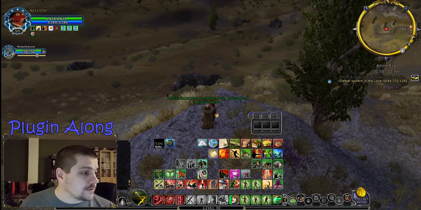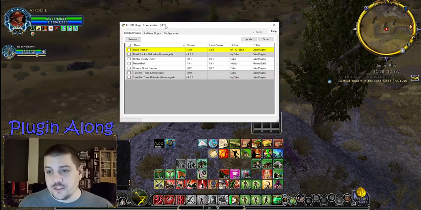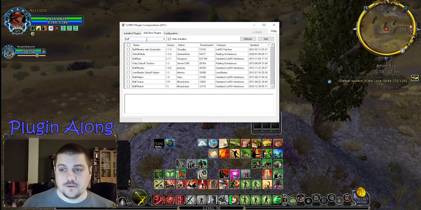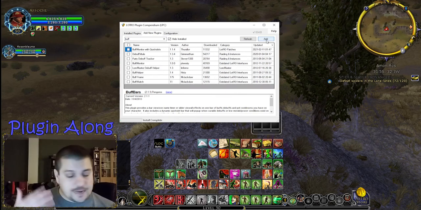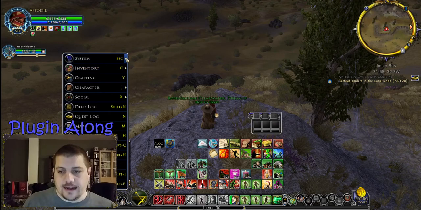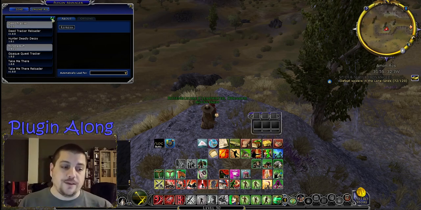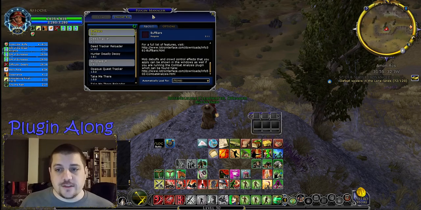So, as we so often do, let's go ahead and pull up the plugin compendium. This is an optional program you can install on your computer, and with it you can go and add new plugins. So BuffBars, let's go ahead and add that in. Now, not every plugin that's available on Lotro Interface is included in Lotro Plugin Compendium, but many of them are, especially the most popular ones. And as we can see, it just automatically installed. So let's go ahead and go into our plugin manager. And remember, if you install a plugin while the game's running, you have to hit the green refresh arrow, and then you can go ahead and load it up. So the default window for BuffBars